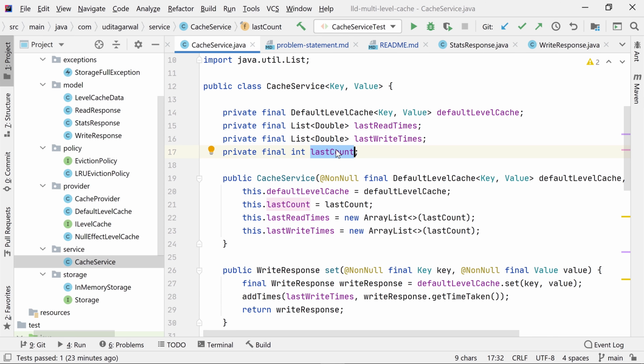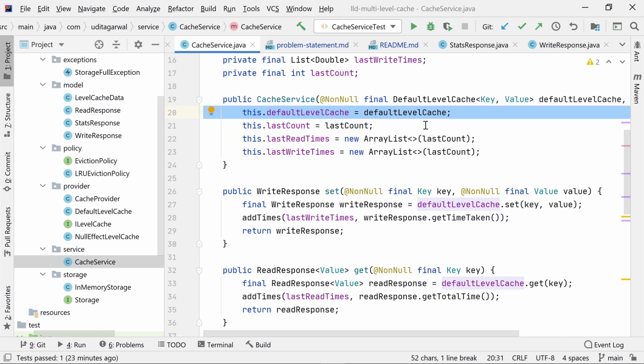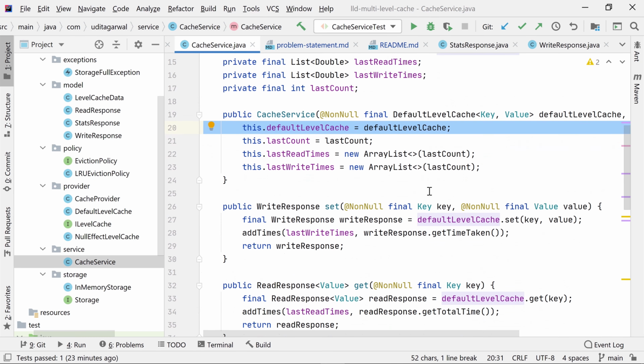And in the actual implementation, if you do this in your company and your job, or in the system that you are building, this will be really helpful, right? Because over there actually there will be more future use cases, so you will definitely have different counts at different times. So you should not just hard code them, and you should make them flexible by passing them from the constructor. Initially, all the read times and write times are empty, because we do not have them. So in the beginning they are empty, and we take the default cache as a dependency in the constructor.